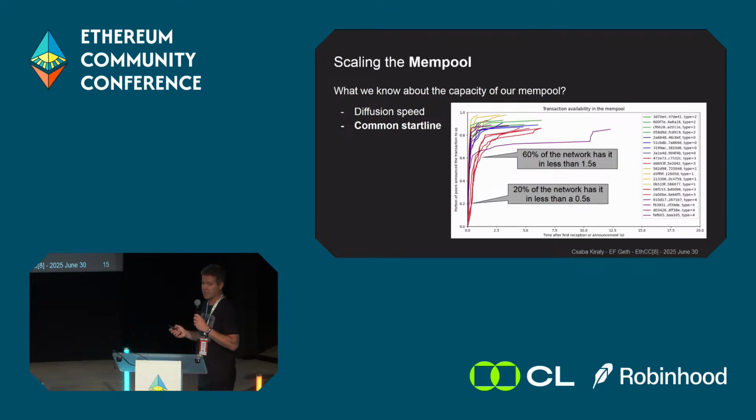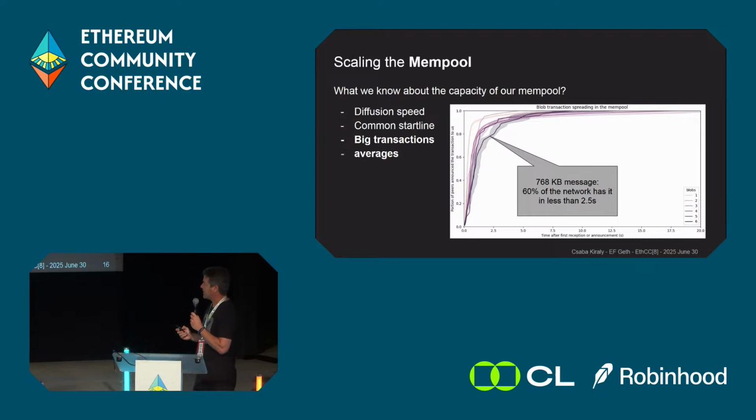We can show this in another view. Here I was putting everything with a start line of 0. So 0 is when you were hitting the mempool. And then everything is going relatively fast. And then we can look at another view. Here what we see is the blob transactions based on their size. So in a blob transaction, you can have 1 to 6 blobs. And based on size, they are spreading, the bigger ones are spreading slower, but they are spreading quite fast again, like in 2.5 seconds, they are spreading in the mempool.